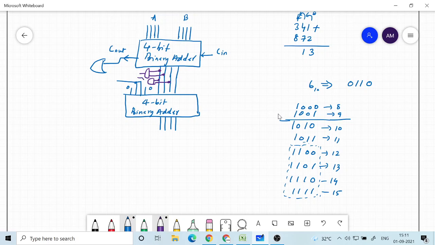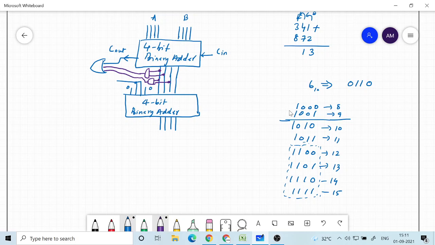So if this goes 1, then either carry becomes 1, or if any of these 2 cases comes. The violet colored part basically detects whether any of these possibilities are coming.